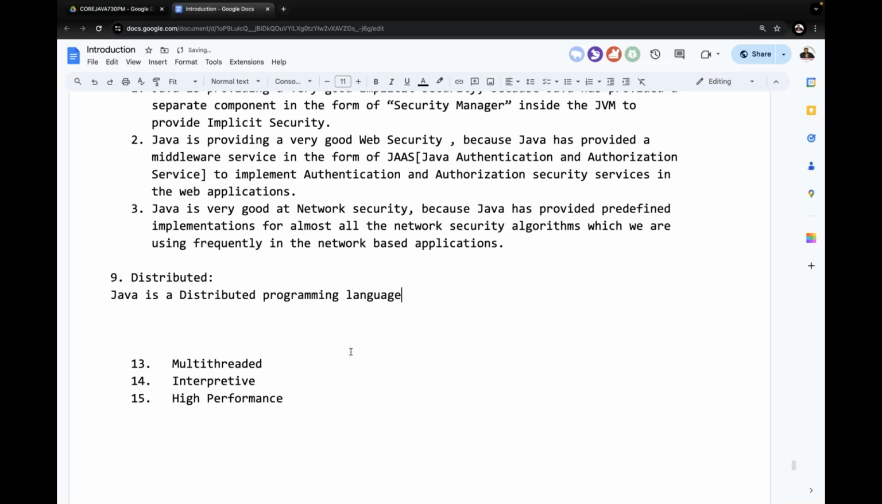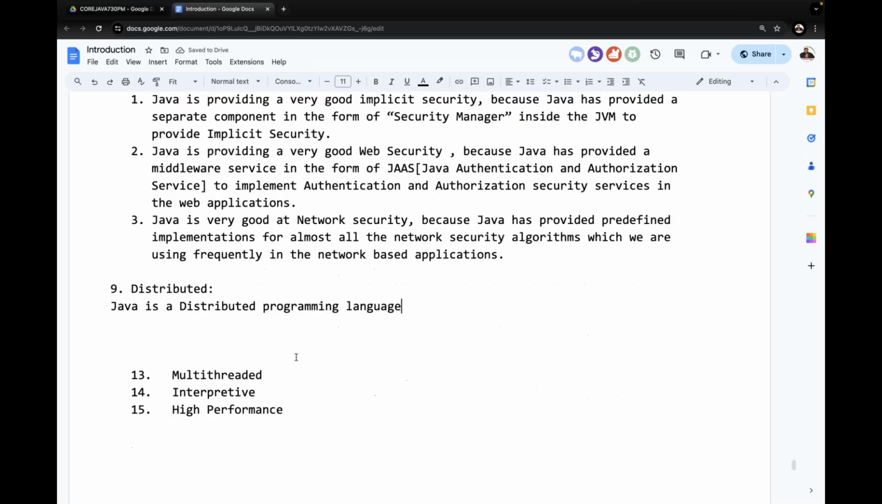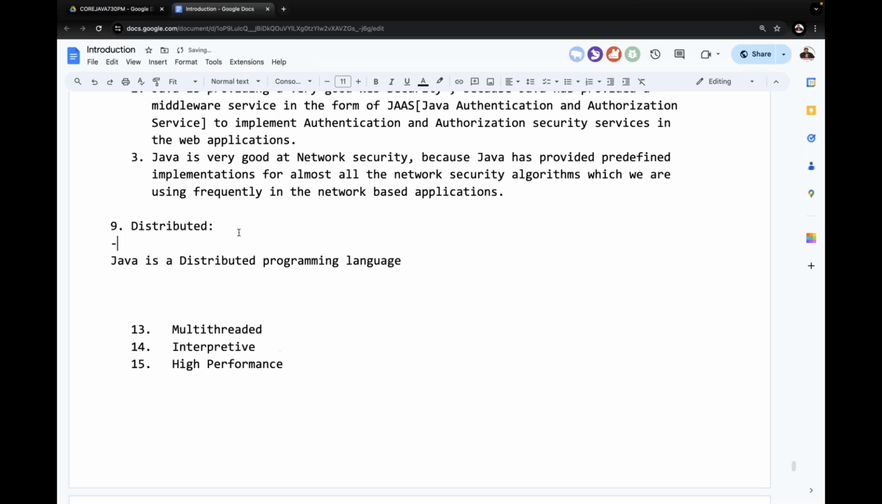Java is a distributed programming language. Why? Because what is the reason for it? How can you say that Java is a distributed programming language? Because Java has provided